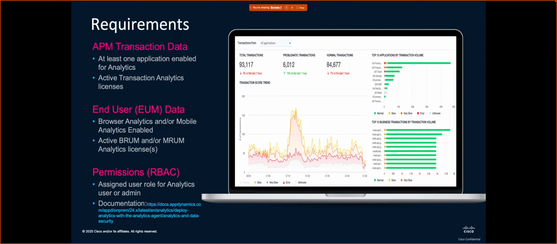And then you also want to make sure you have licensing for it. Transaction Analytics does have additional licensing that is required outside of just regular APM. So definitely talk to your salesperson about that, or ask someone on your account team that's dealing with your Cisco products. And then on the EUM side, which is both browser and MRUM, it again has a licensing requirement, but